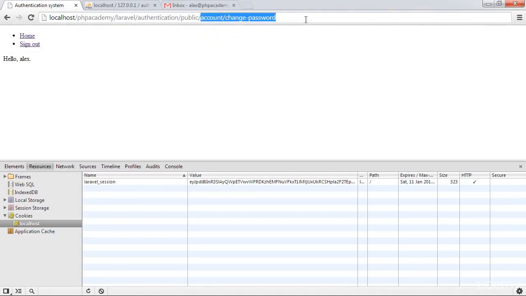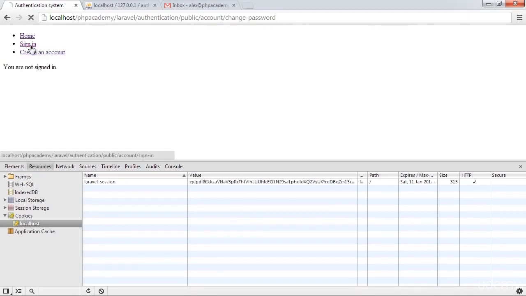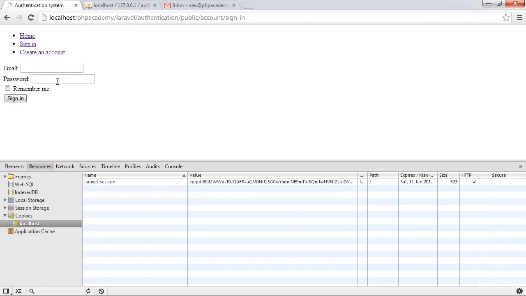So if we were signed out, this would then redirect us to our sign in page, this page here. Then when we sign in, remember we had that intended method that we were speaking about earlier that we changed everything around for. When we sign in, we'll then be directed to the intended page, which is the change password page. So we'll actually see this functionality working as well. Okay, so let's go ahead and sign in to the account that we've already created,